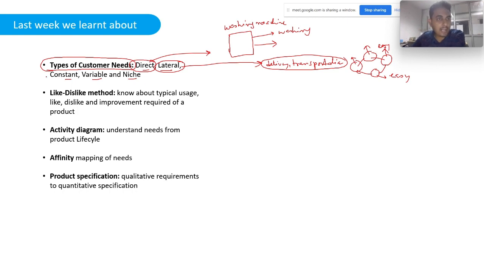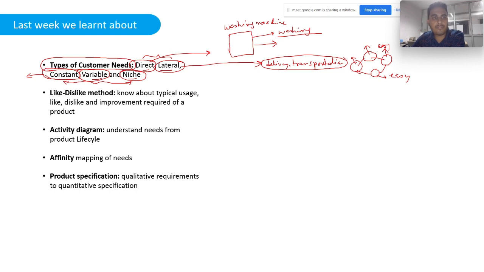Constant needs are those needs which remain constant across different consumers, like in different customer feedback. For example, washing is the primary need that everyone will be asking about. That's why it is a constant need. These three types of need, constant, variable, and niche needs, actually derive from direct and lateral needs. The reason they exist is basically because of variation in